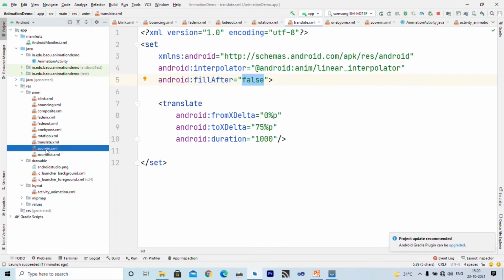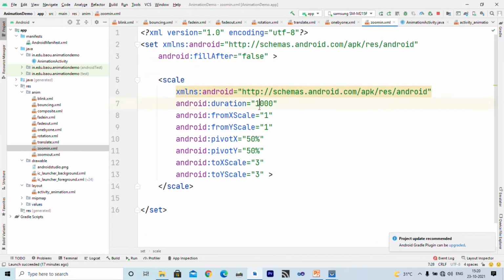Then we have zoom in. The duration is 1 second. X scale starts from 1, Y scale starts from 1. That means I want to start with the 100% image. With reference to the center, I want to zoom and make the image size 3 times larger.